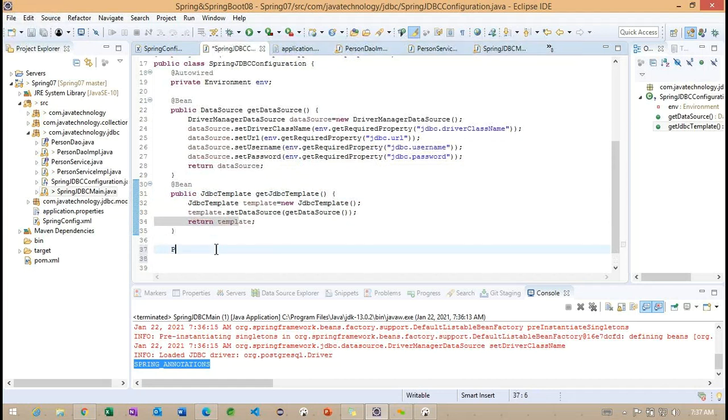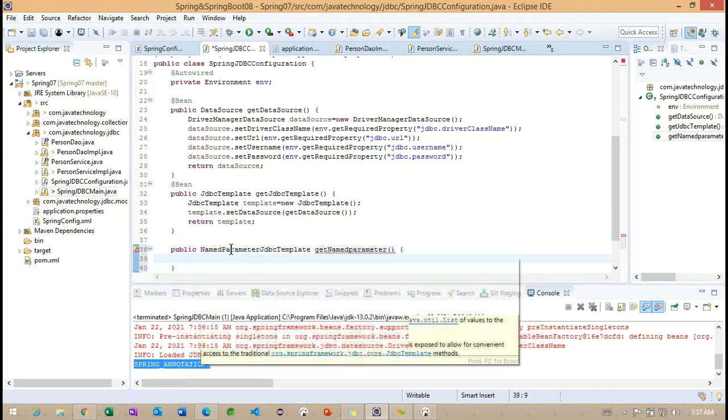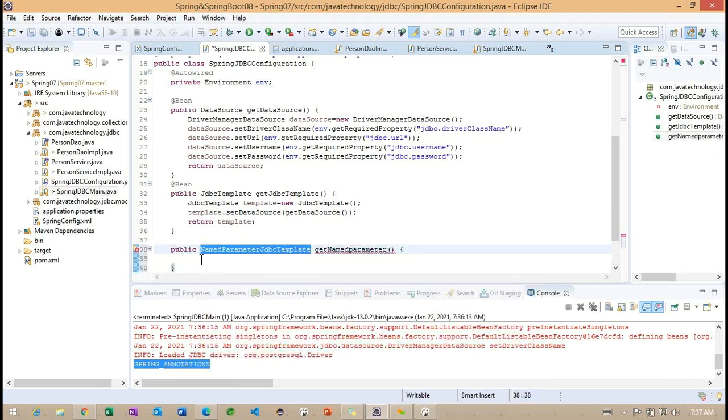So to work on the named parameter, we use NamedParameterJdbcTemplate.